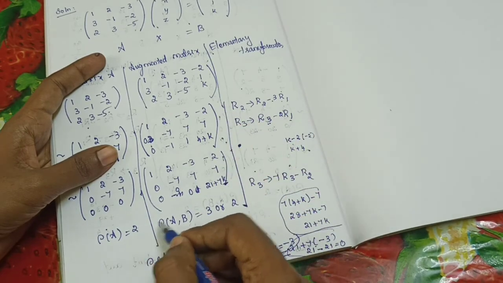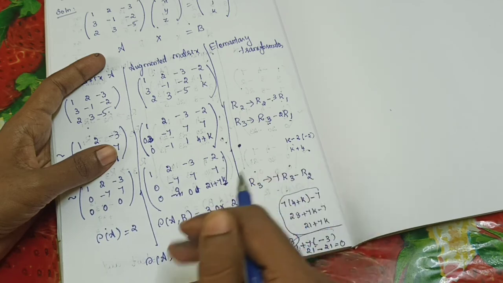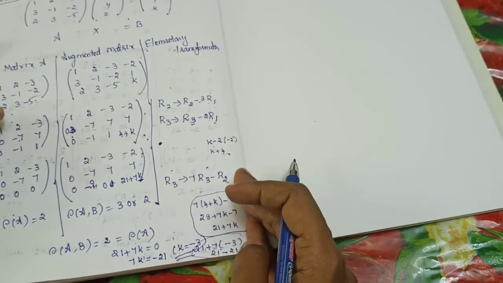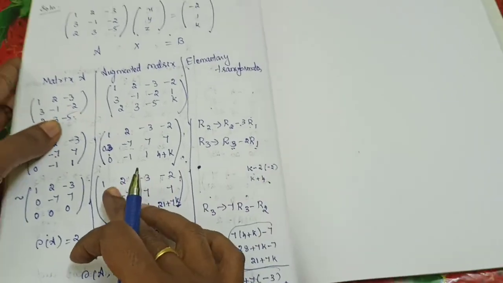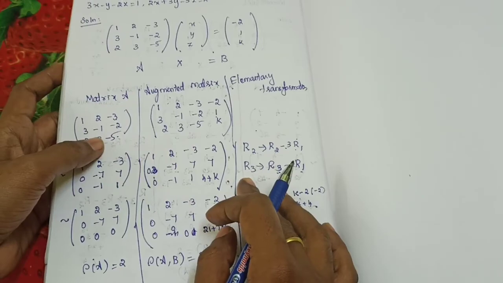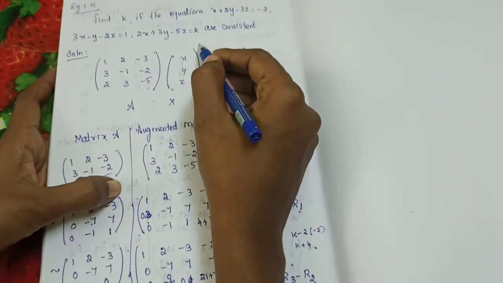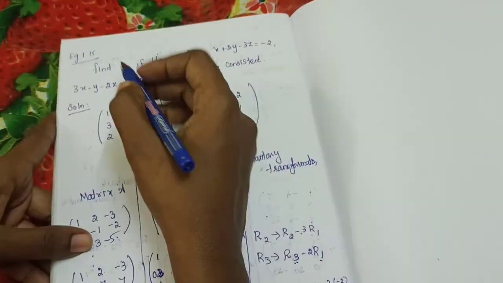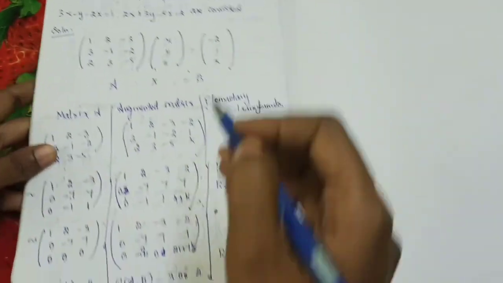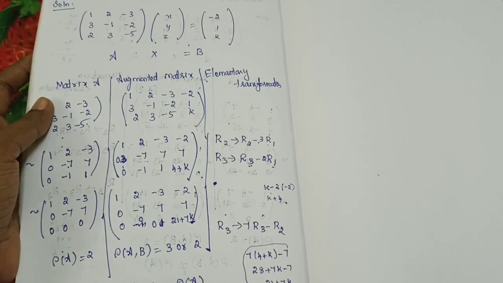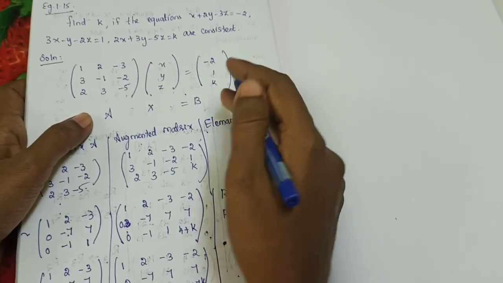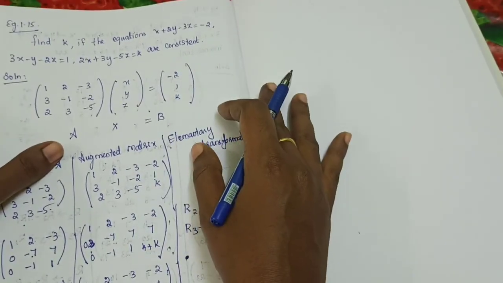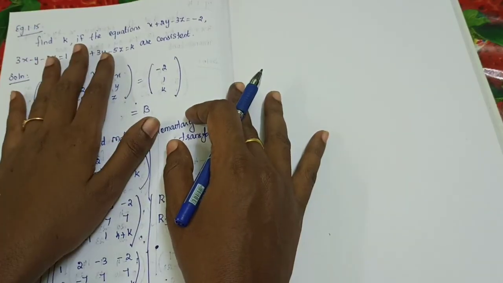So I have substituted rank of A comma B is equal to rank of A. Then I equated to 0, that is 21 plus 7K is equal to 0. I got the answer as K is equal to minus 3. Understand? This particular K value is minus 3. Okay. So no need to solve this particular equation. Maybe in the question, if they ask "hence solve", after finding the K value you need to substitute again here, and after that you need to proceed, same as our previous questions. Understand? Okay, these are the 3 questions.